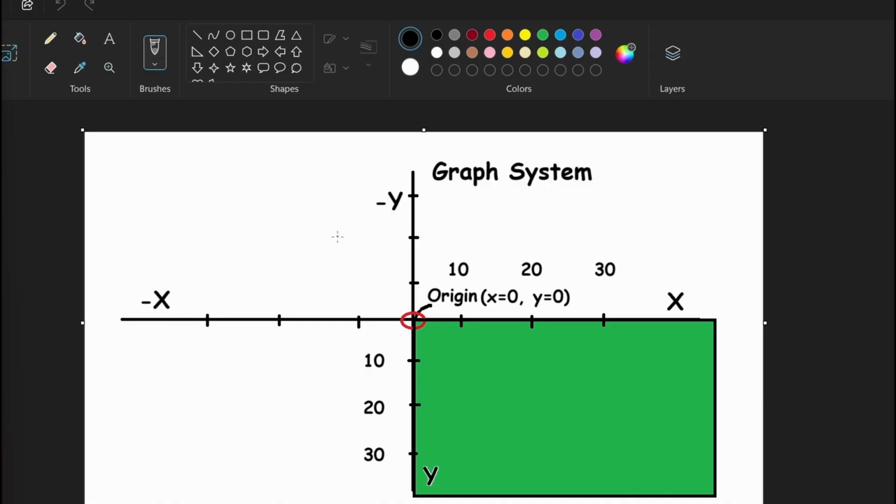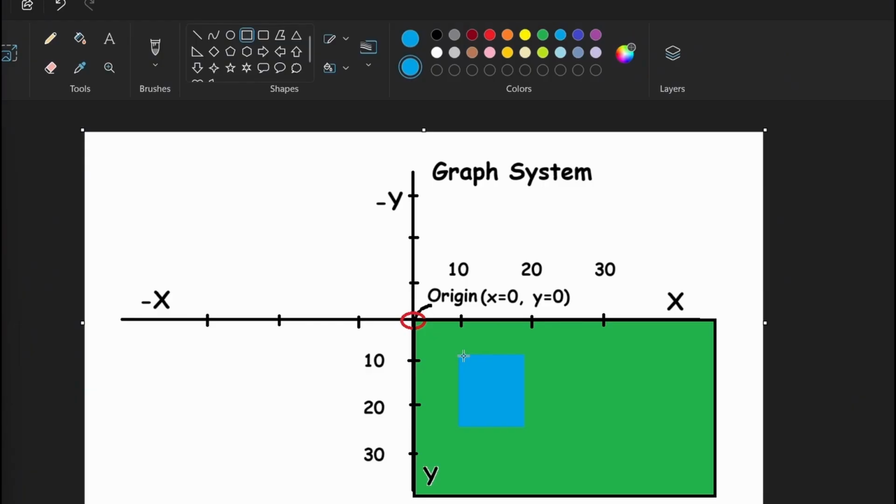The x value increases when we move from left to right, and the y value increases when we go from top to bottom. If we want to draw a rectangle or oval or any shape, then we must know the exact coordinates. Let us take an example of drawing a rectangle. If we want to draw a rectangle with coordinates x equals 10 and y equals 10, then our rectangle will be at this location.